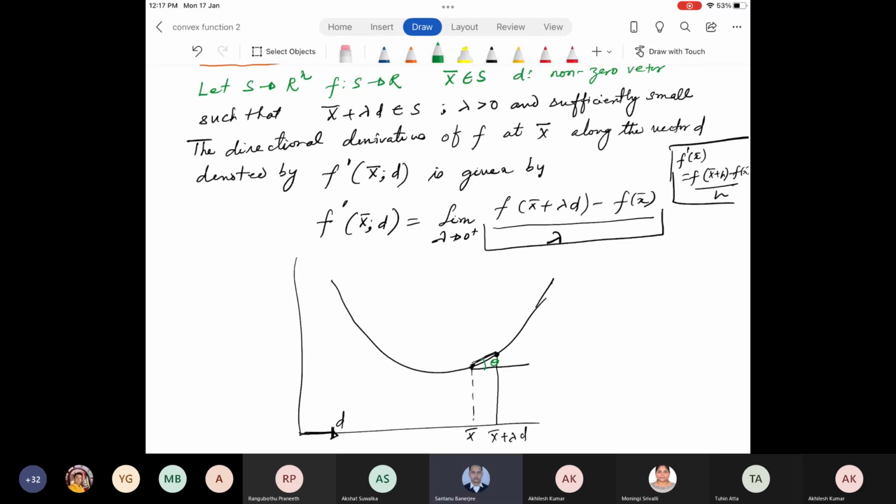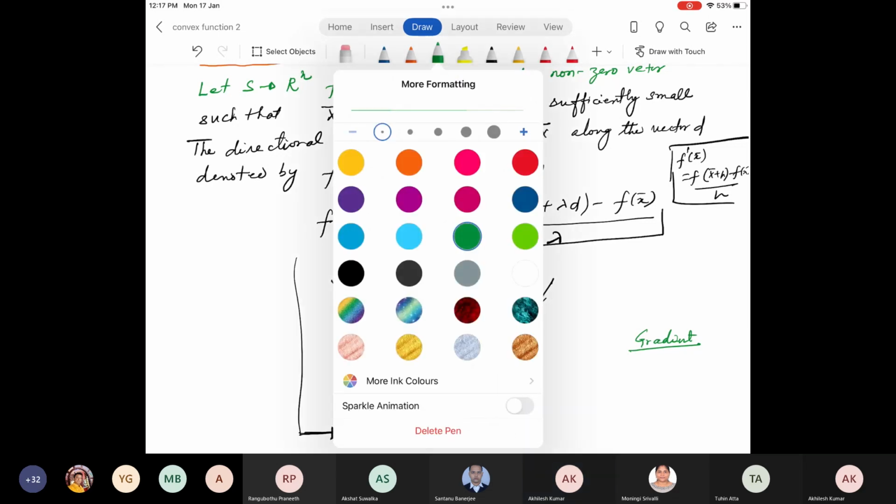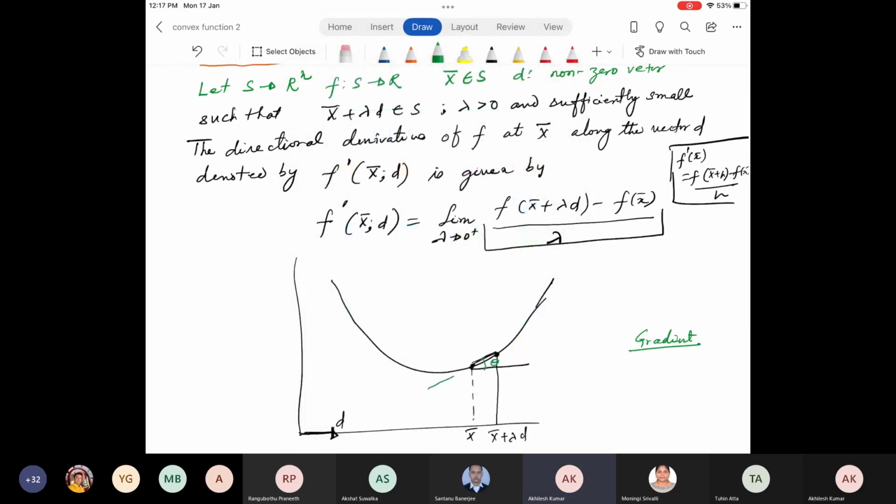Sir, in 3D, this slope will be different for different directions. Yes. But what do you know about gradient? When we talk about gradient, gradient is generally perpendicular to what? Or normal to? If I draw a tangent at this place, gradient is generally perpendicular to the direction of the function at that point. This shows what the gradient tells you about the function.